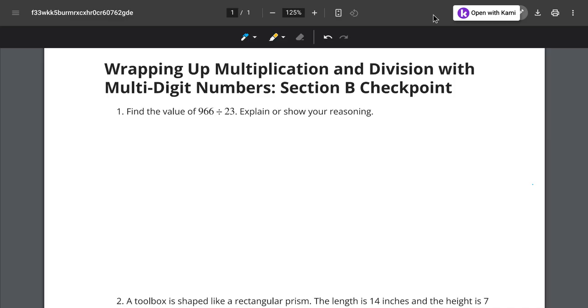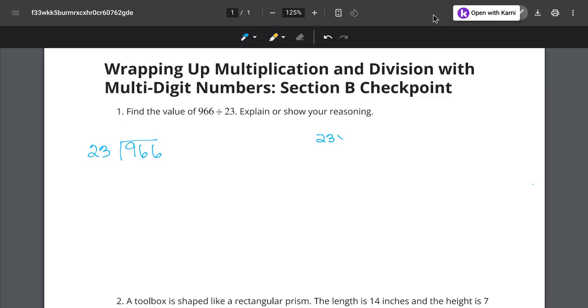our reasoning. Well, I know that the 966 represents the dividend. That is the whole thing that is going to be broken up and divided, and it's going to be divided into groups of 23. Now, as we have seen many a time, I like to go ahead and write down